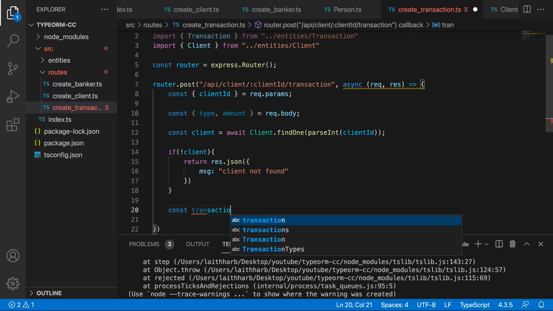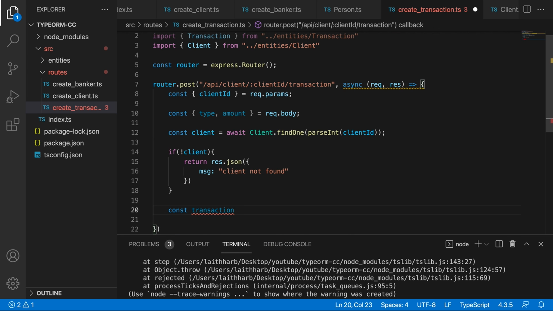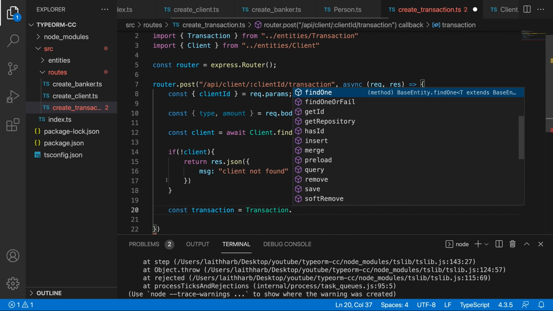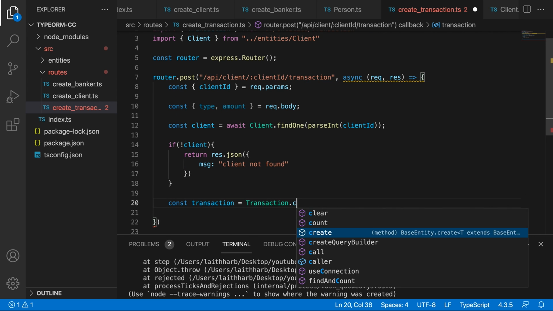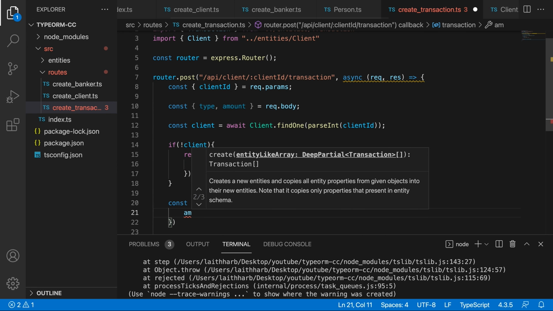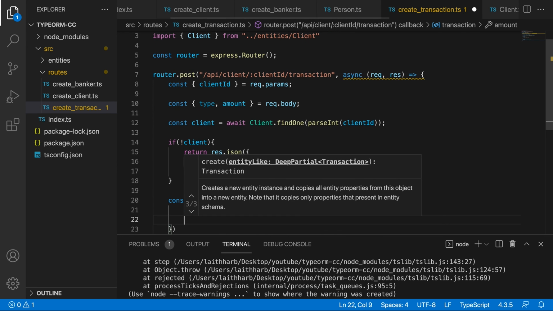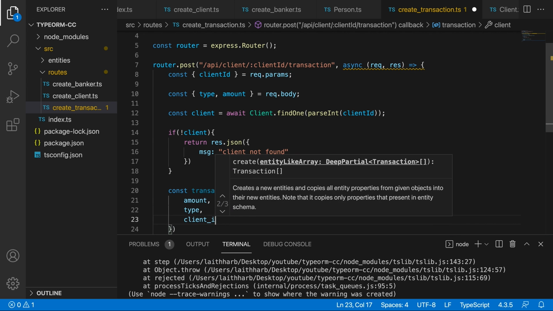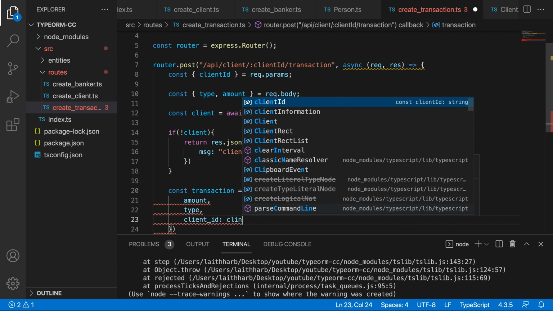So we'll say const transaction is equal to, and we don't have to await this because we're not actually saving it to the database. We can say dot create, and then over here, the first thing that we have to do is specify, of course, the amount as well as the client. And then you might be thinking, okay, well, the client ID, then I just specify the client ID as client ID,